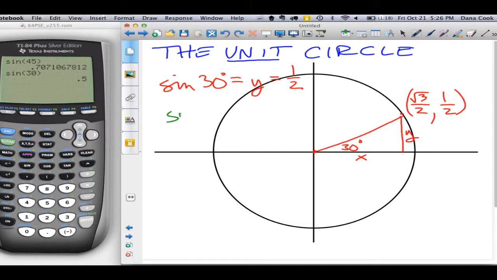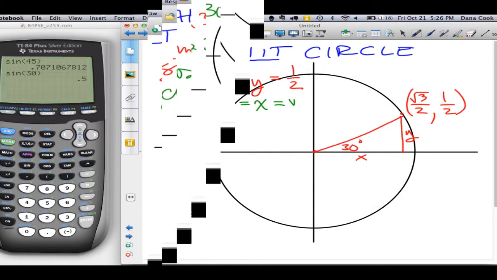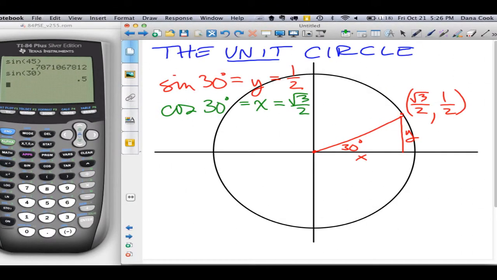The cosine of 30 degrees is radical 3 over 2. And it's going to be radical 3 over 2 every time. It's the length of this in the unit circle, if that's 1. What's tangent? It's going to be opposite over adjacent. It's 1/2 over radical 3 over 2, which means it's going to be